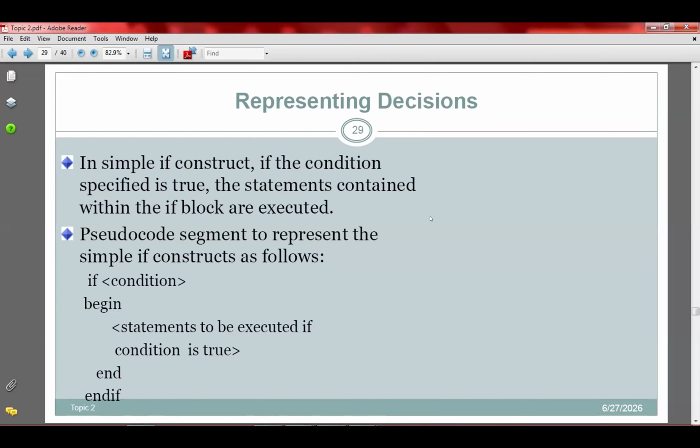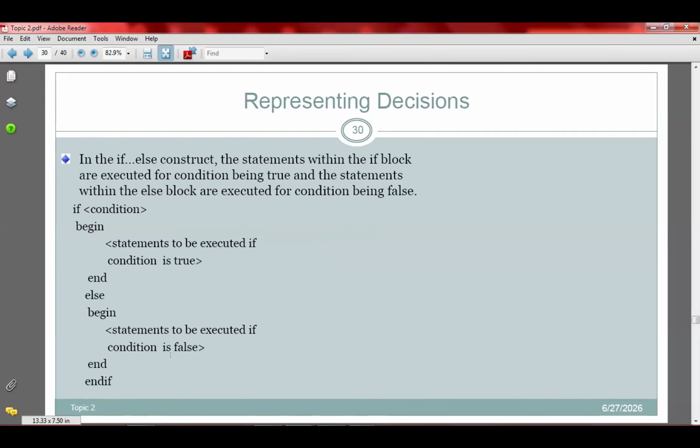So we always use the if statement, and then we bring the condition. When the condition is true, the statement that needs to be executed is executed. Then we end. That is it. That is simple if. And then we also have the if else construct, which is a continuation